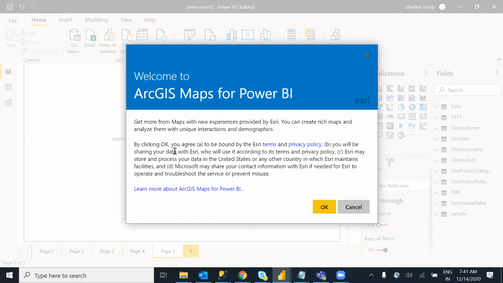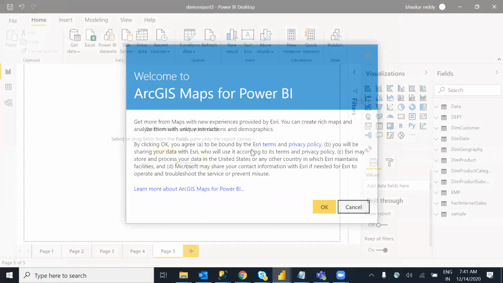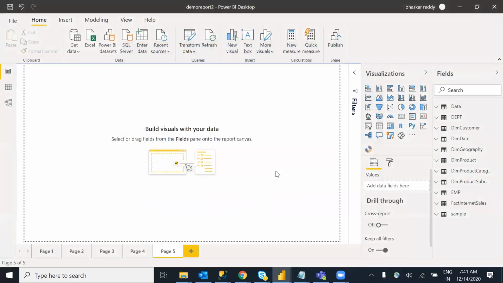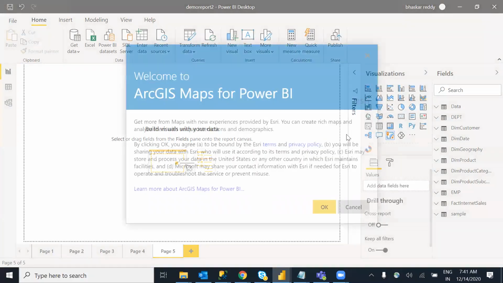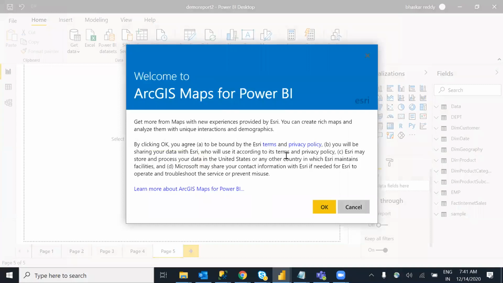You can see over here, we will use it according to the policy. Microsoft may store and process your data in the United States or other countries, and Microsoft shares your content information with Esri as needed for Esri to operate and troubleshoot issues. If you want to analyze some geographical information, they will process your data and give some inputs to you. We know this one is not required for us.